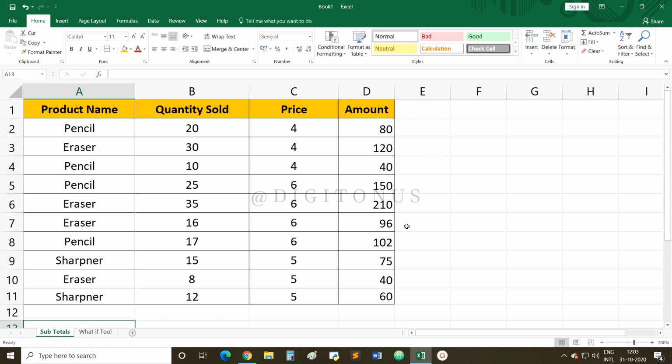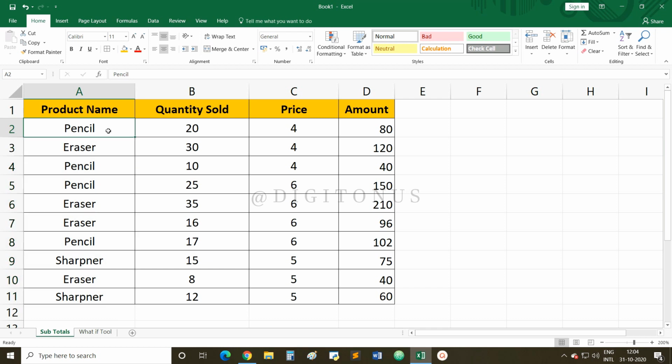Now, in Unit 2, Electronic Spreadsheet Advanced, for class 10th, the topic is creating subtotals. What do you mean by subtotals? Suppose we have data here in my Excel sheet: product name, quantity sold, price and amount. I have made this data. We have different data like pencil, eraser, then again pencil we have purchased, then again pencil, eraser, pencil, sharpener. Subtotal means that it will add all of a product's entries at one place to show the subtotal of a single product.